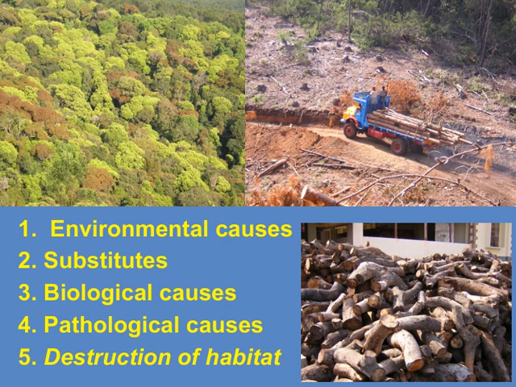Finally, destruction of habitat is one of the most critical factors. Human activities like deforestation, urbanization, and agriculture lead to the loss of natural spaces, which threatens countless species and undermines biodiversity. All these causes are interconnected and highlight the importance of understanding environmental impacts as part of our overall conservation